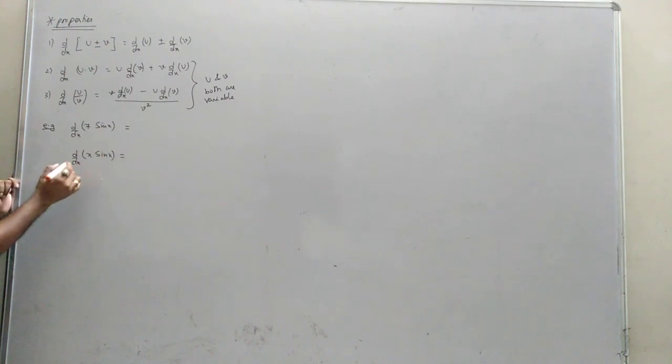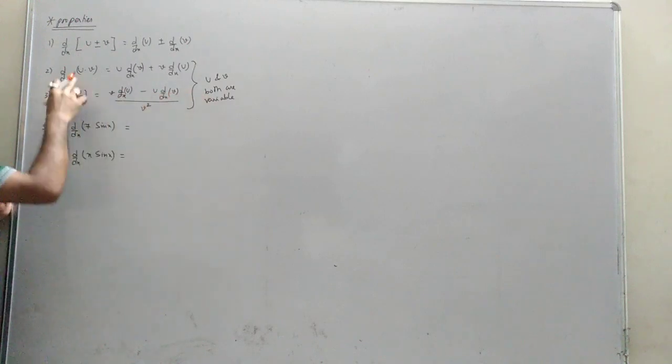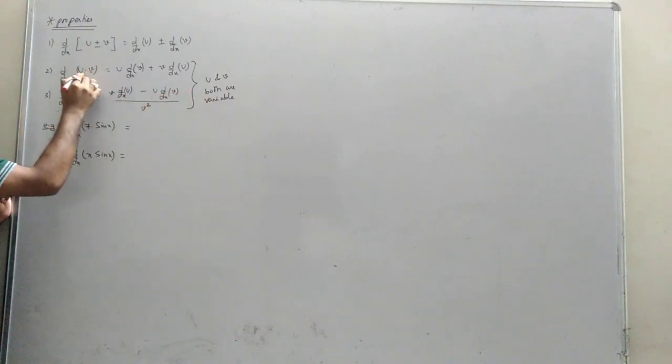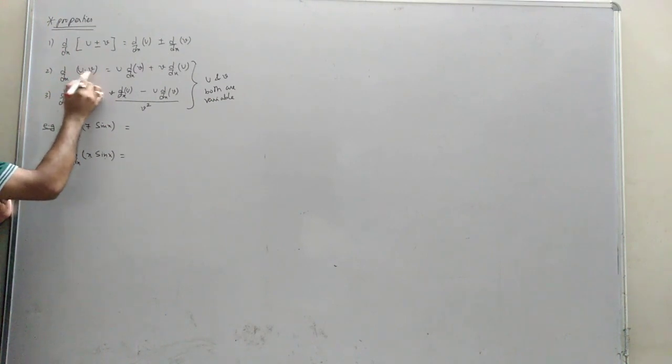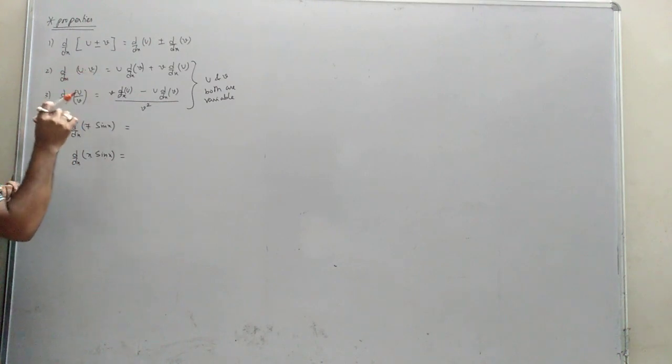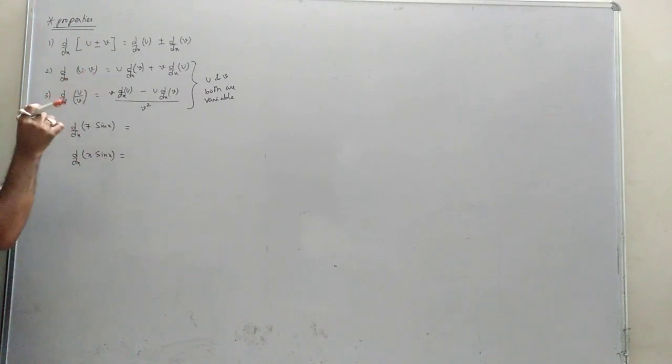But here d/dx, that is, x is the variable. Here we have x, so this is a variable. Here we have sin x, so this is also a variable. So here we got variable into variable. This property will apply only when both are variables. Okay, how to understand whether they are variable or not? If it is written d/dx, these two things should be written in terms of x. That means they become variables. If it is written t, then these two things must be in the form of t, then those become variables, right?